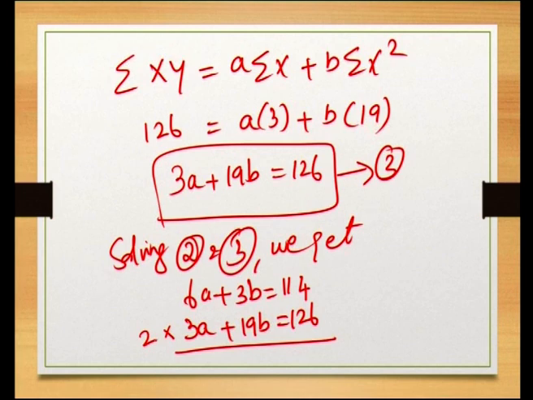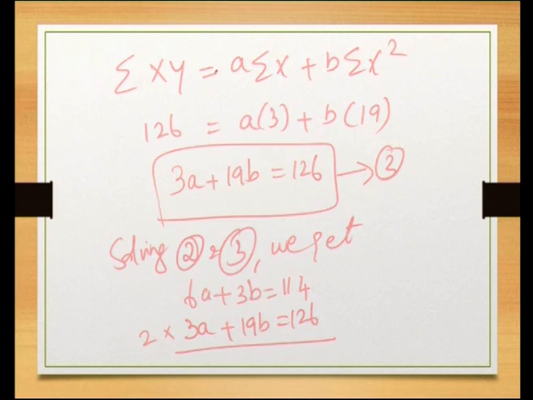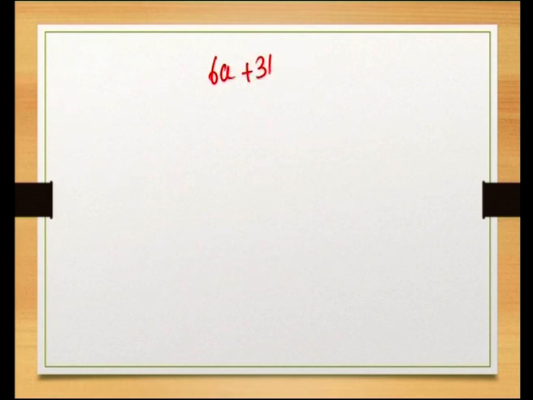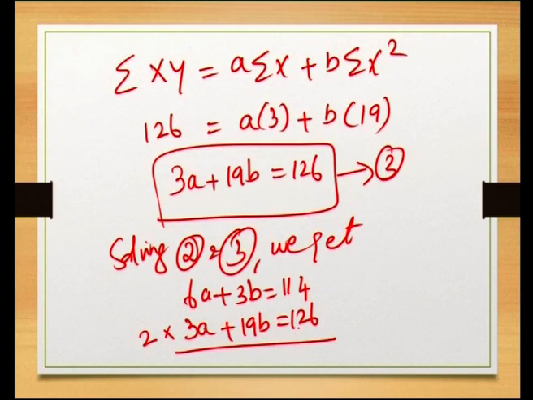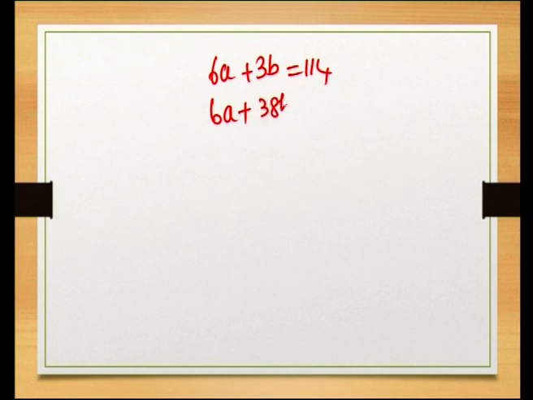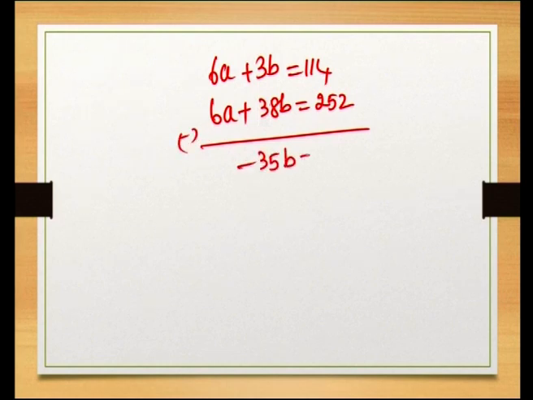We get 6a plus 3b is equal to 114 and 6a plus 38b is equal to 252. Just subtracting, we get minus 35b is equal to minus 138. So, b is equal to 138 by 35,